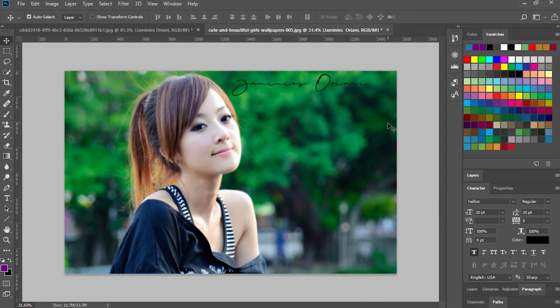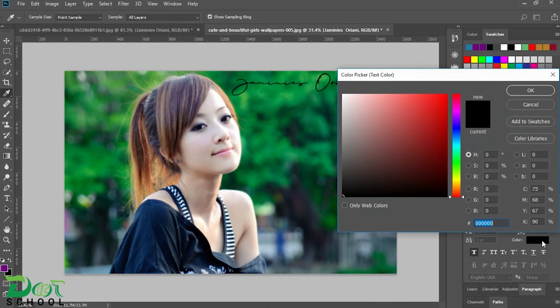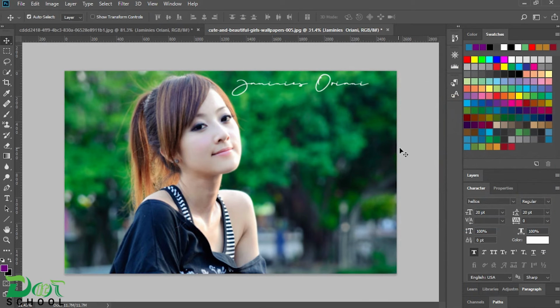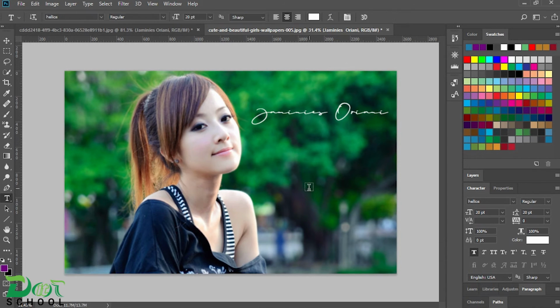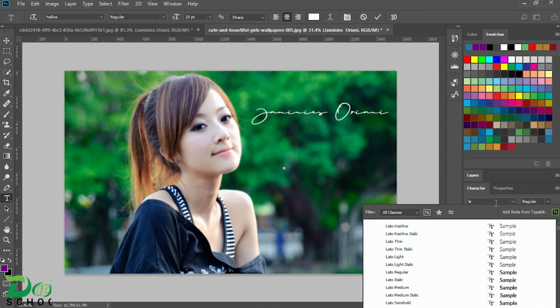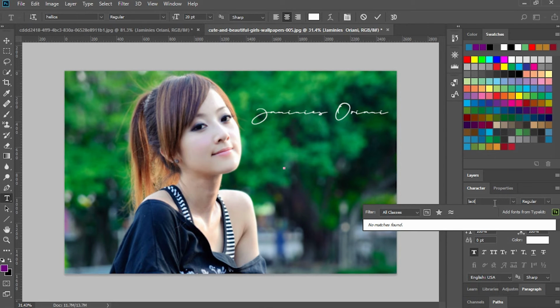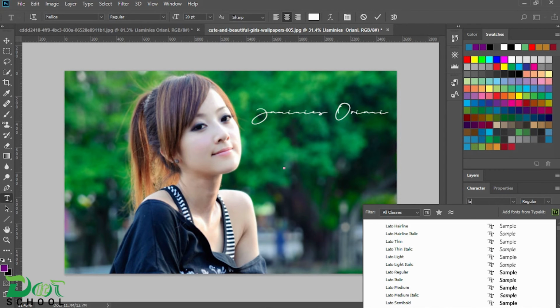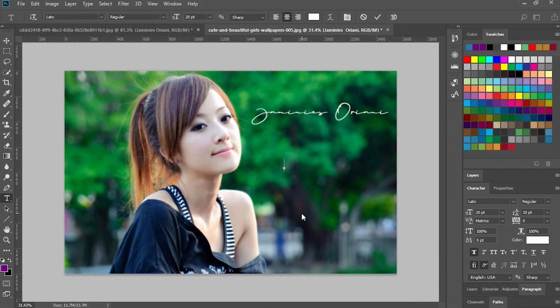Helios regular, and you will select any color from here, then we will click OK, and after this you will select bold if you want or not. So I have already completed this, and then I will click photography. Now I will select this letter font, regular font I'll choose, and then I will select